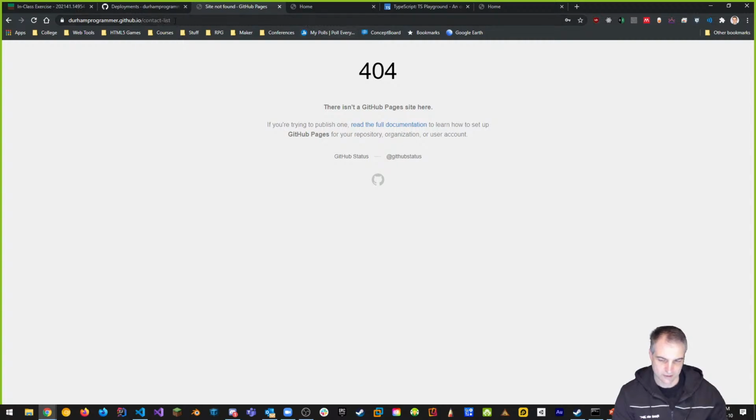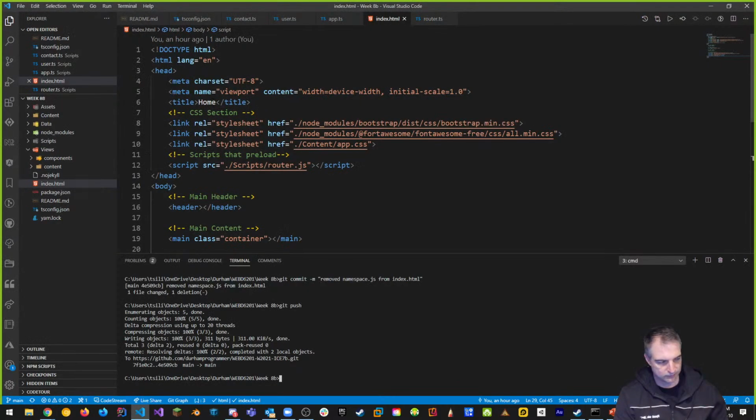A contact list. Look at what it's trying to do. It's trying to go to contact list. And of course, this is GitHub's 404. So this is a pathing issue, right? This is a pathing issue. So remember how this works. The reason why this isn't working, contact list here on our page, is because our project is not the only page on GitHub Pages. There's lots and lots of them. So when I do slash something, that means go to GitHub, and I want to go to the root of GitHub. Well, the root of GitHub, there's thousands, millions of developers that are using GitHub, right?